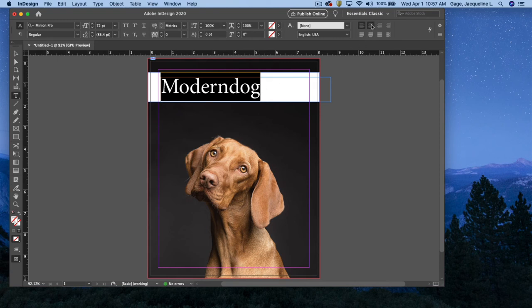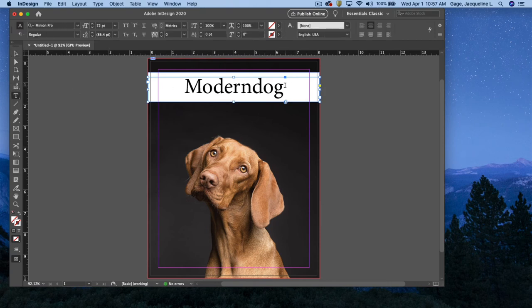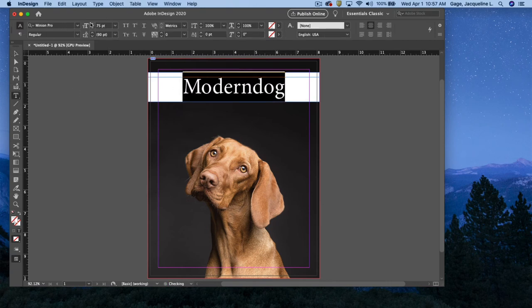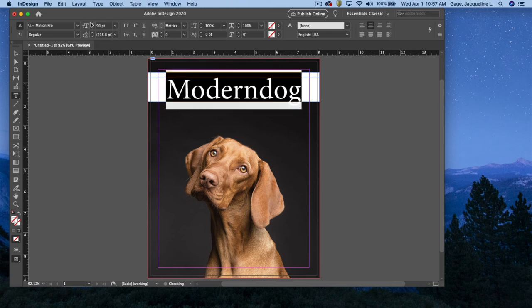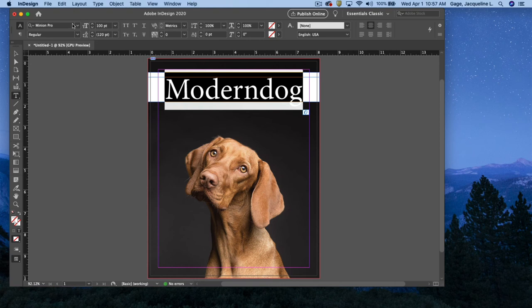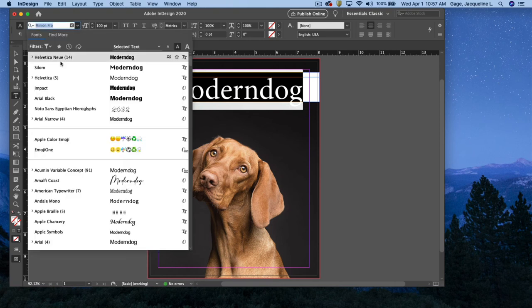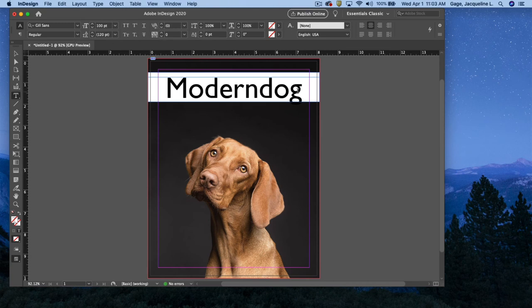So I'm going to come up here to the alignment tools and center it. I'm going to move my text box to the center of that document, and I'm going to continue to scale it up, just clicking the up arrow in the point size. Now what I want to do is I want to pick the typeface that I want to use. I'm going to go to my fonts. Okay, what I ended up doing is picking Gill Sans,